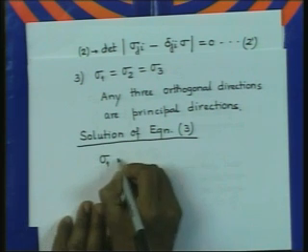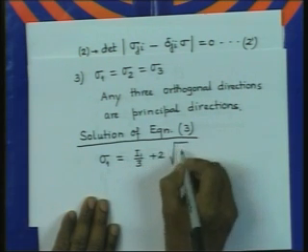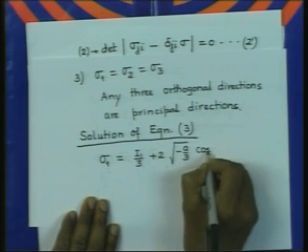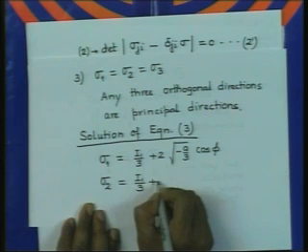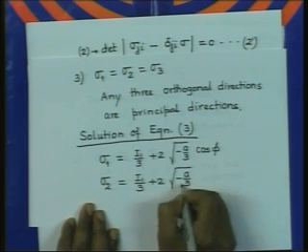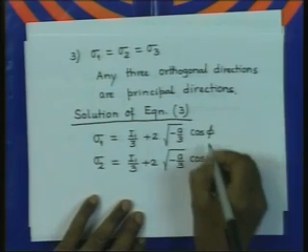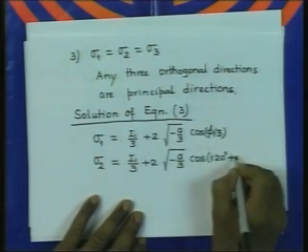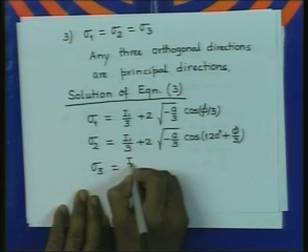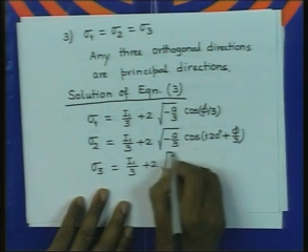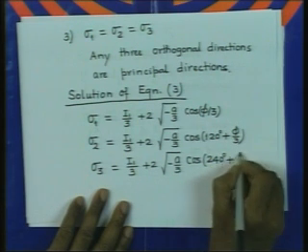In fact, we can write sigma 1 as I1 by 3 plus 2 times square root of minus A by 3 cosine phi by 3. Sigma 2 is I1 by 3 plus 2 times square root of minus A by 3 cosine of 120 degree plus phi by 3, and sigma 3 is equal to I1 by 3 plus twice square root of minus A by 3 cosine of 240 degree plus phi by 3,